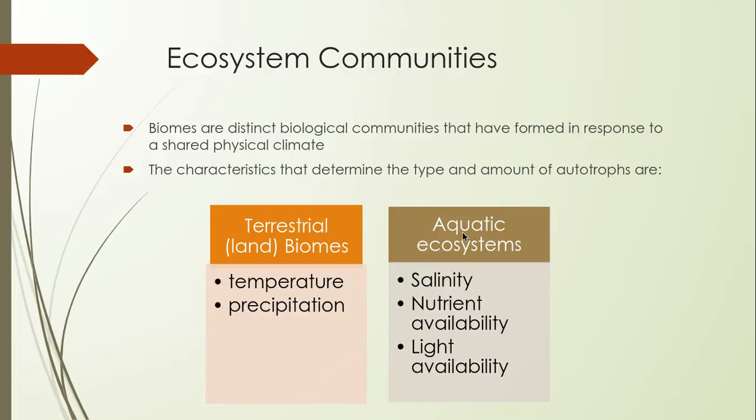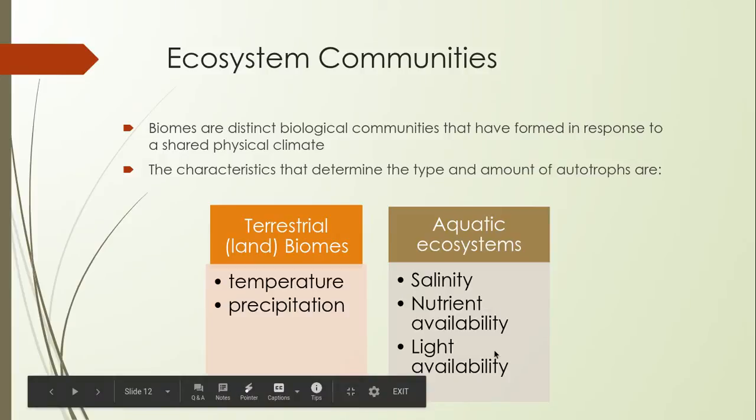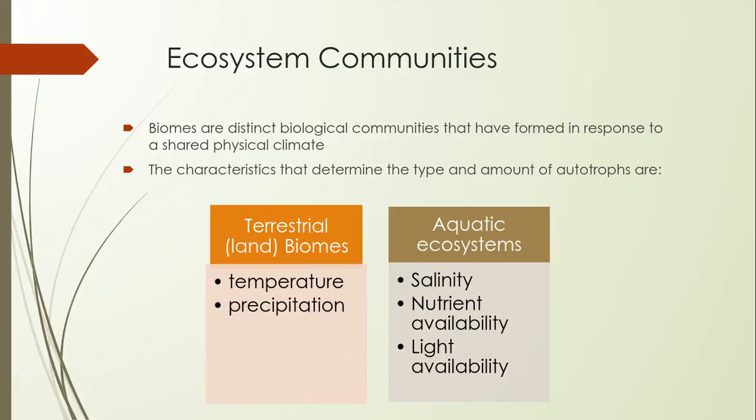Aquatic ecosystems like salt marshes or swamps are also going to be distinct based on characteristics such as salinity, how salty the water is, what nutrients are available, and how much light is actually penetrating down into the water. So you guys are familiar with some of these biomes. Again, deserts, rainforest. We live here in the deciduous forest in Virginia. And again, large ecosystems that have distinct